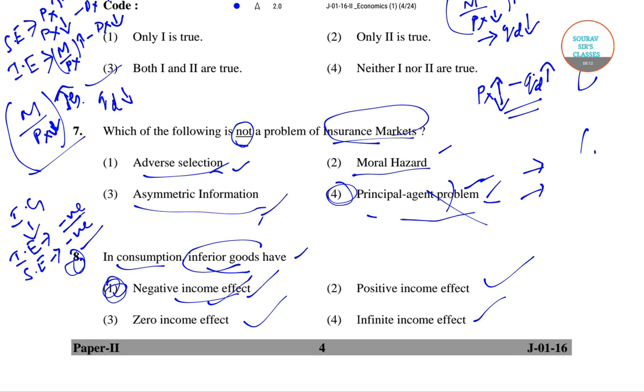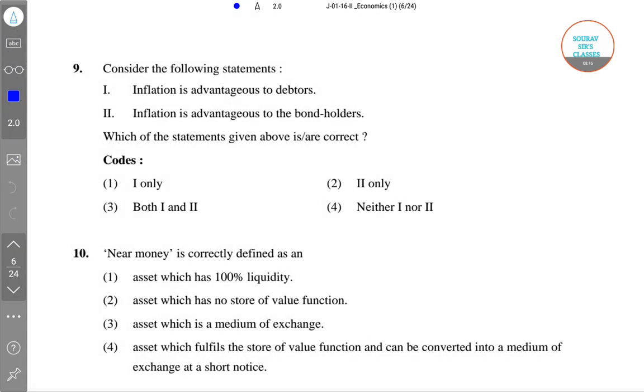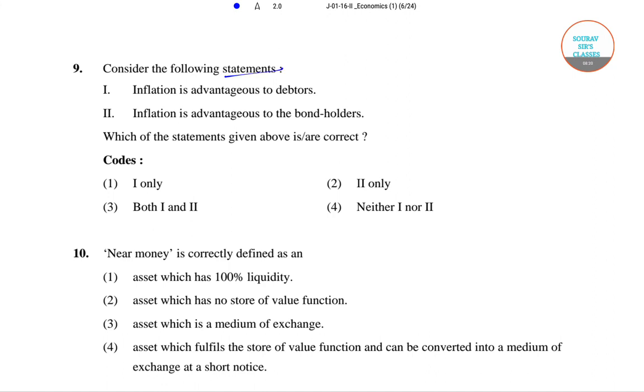So far we have solved until question number 8. Now we'll go to question number 9. In question number 9 it is given: consider the following statements: inflation is advantageous to debtors and inflation is advantageous to bondholders. Which of the statements given above is correct? For this we need to know bondholders basically